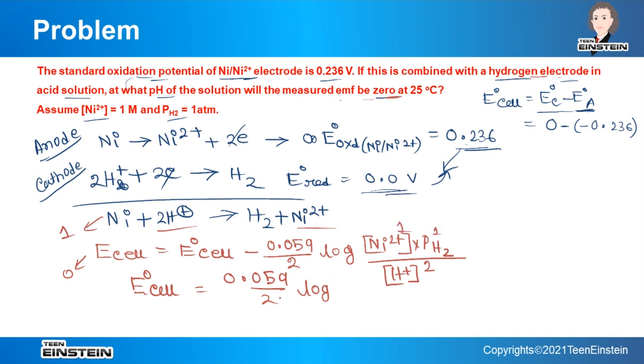So it will be H plus. Now this power 2, we will bring here. And as we have written this denominator term in the numerator, there will be a negative sign. These two cancel. So it is minus 0.059